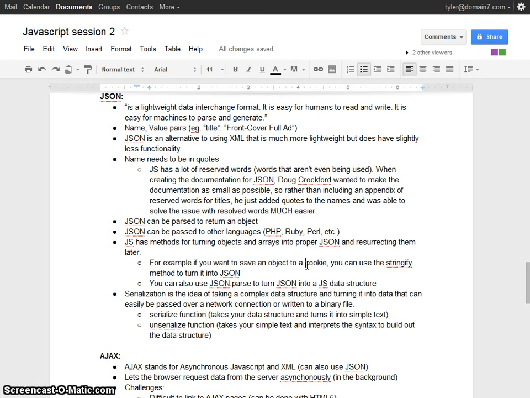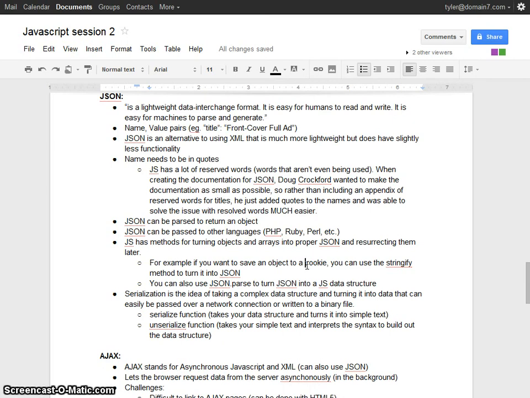So when we serialize data, we turn it into a string or simple text, and that simple text is really easy to transmit across a network connection or to save to a binary file. So we can serialize it, but then we need to unserialize it.